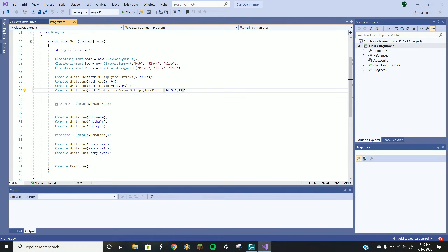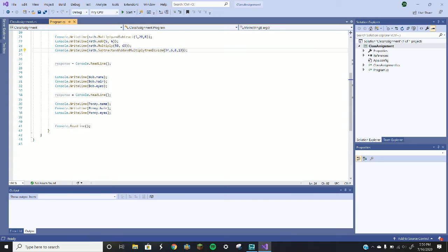So here I just did math. Here I just did characteristics of a person. So basically name, hair, and eyes, and then I did again name, hair, and eyes. So to show you that it works, if you press start,